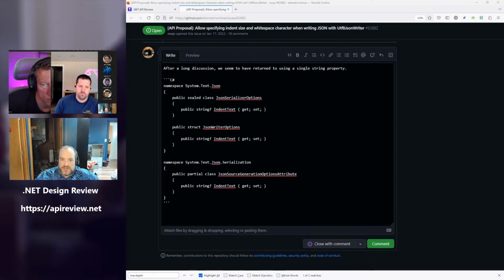So nullable string here is if you don't customize it, you get what the system writes down. That flows nicely from the attribute all the way through the system. And then if you do want to customize it, then you still have to turn indentation on, and you can specify the empty string if what you really want is just new lines. Okay. Cool. So I get we will be placing no restrictions on the length of the thing.